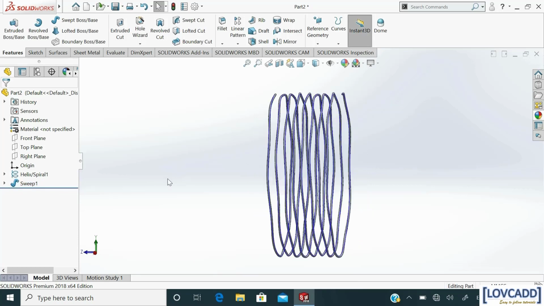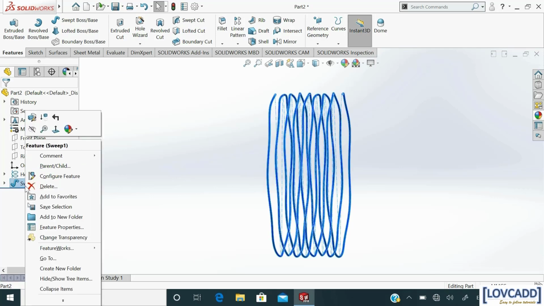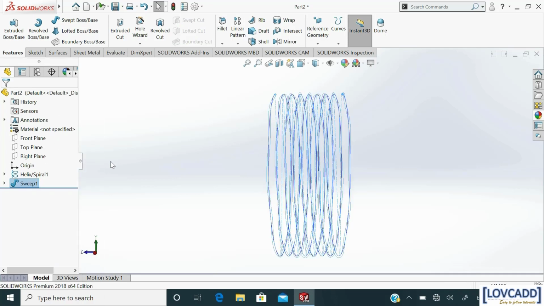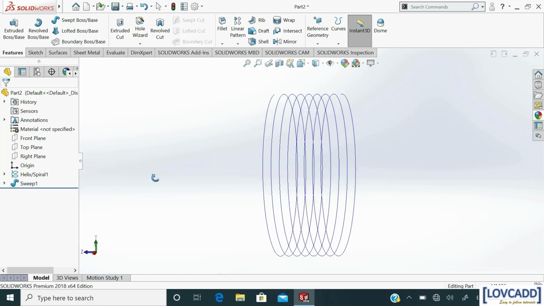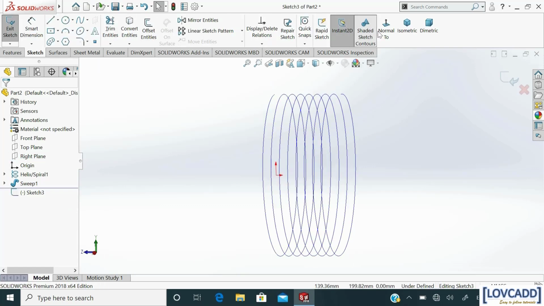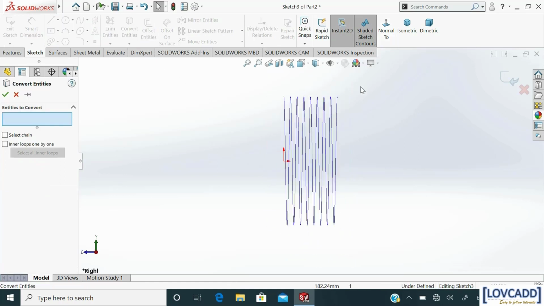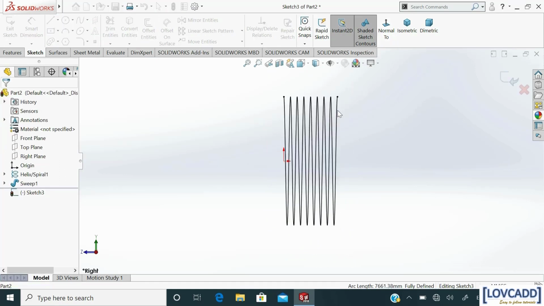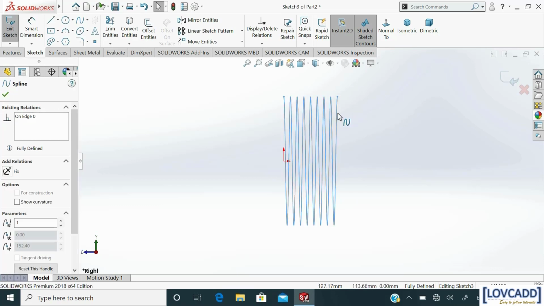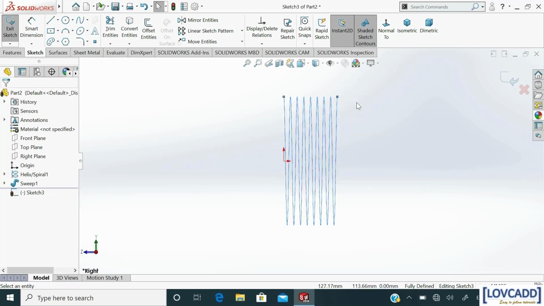See, hide this. Again go to right plane, sketch, normal. Select convert entities, convert it. Again select, check for construction.